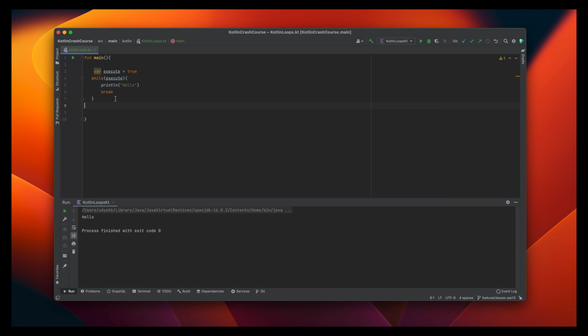And then you're going to print hello, and then you're just going to execute make the value false, and it's the same thing that will happen. So essentially there's no point in doing this, but I just wanted to demonstrate what the while loop does. And similar to this is the do while loop,